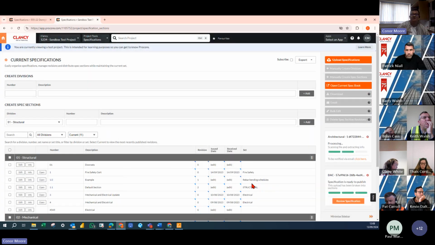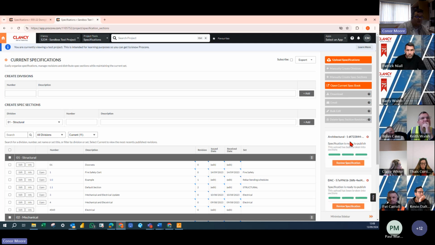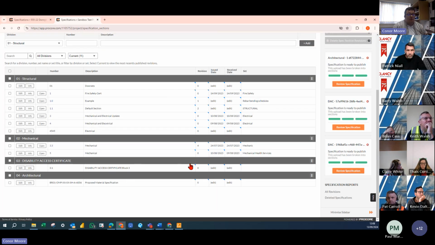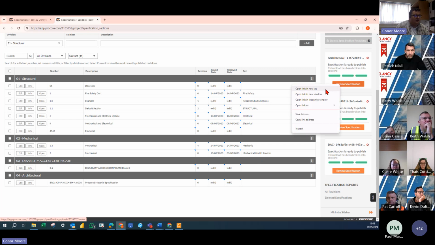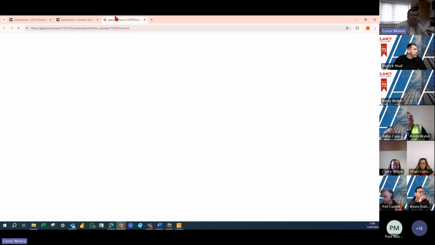So then this is similar now to the drones tool. It's taking about 30 seconds or so for it to actually process. And what we're going to do then is review it. Now, what I recommend doing here is right-clicking review and opening in a new tab. The reason for that is you want to be able to have access to this little part down here. So if you open that up like so,